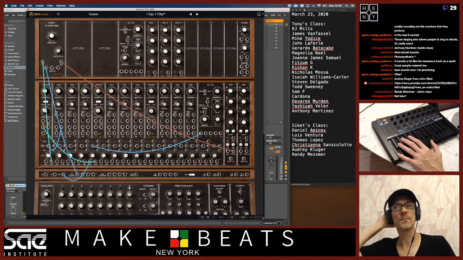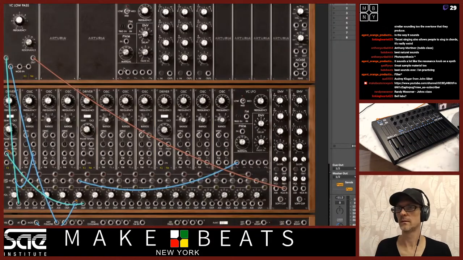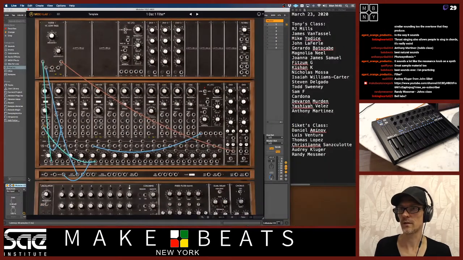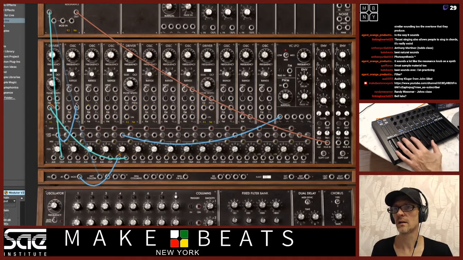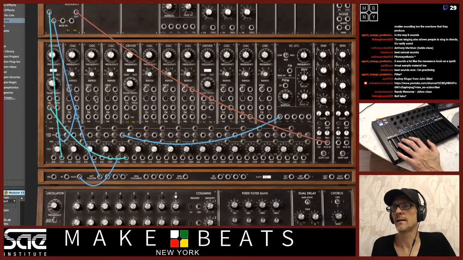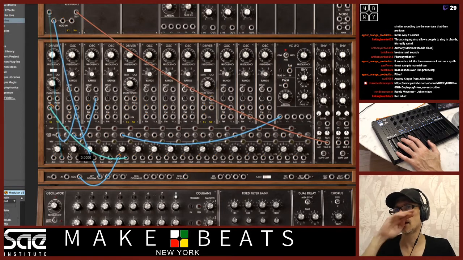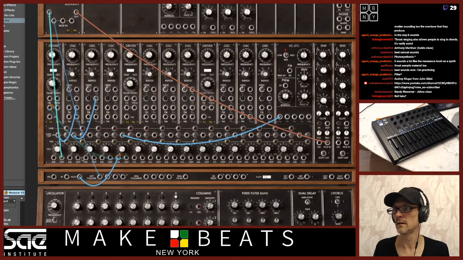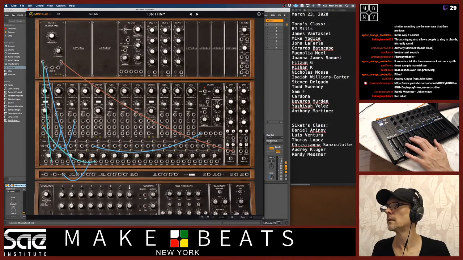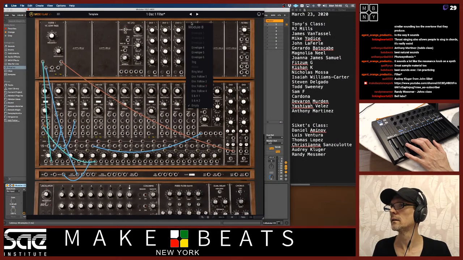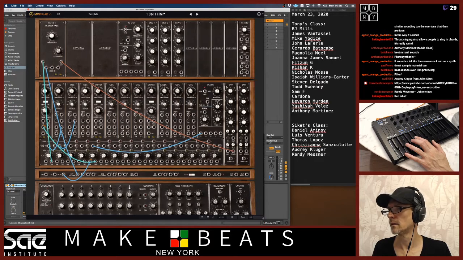But if I wanted more oscillators, instead of going for the modulation sources, let's go for the oscillators. What I would do is come in here to my different oscillators and say, all right, I grab one of these and let's move it down to here, and let's see. This is a mixer.